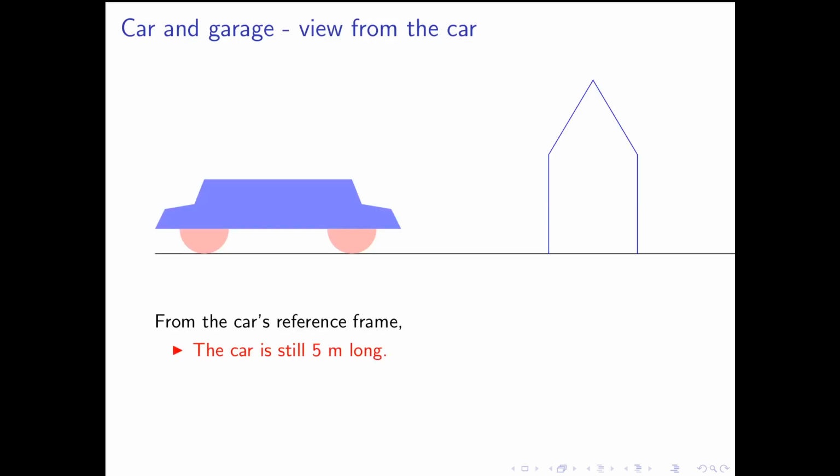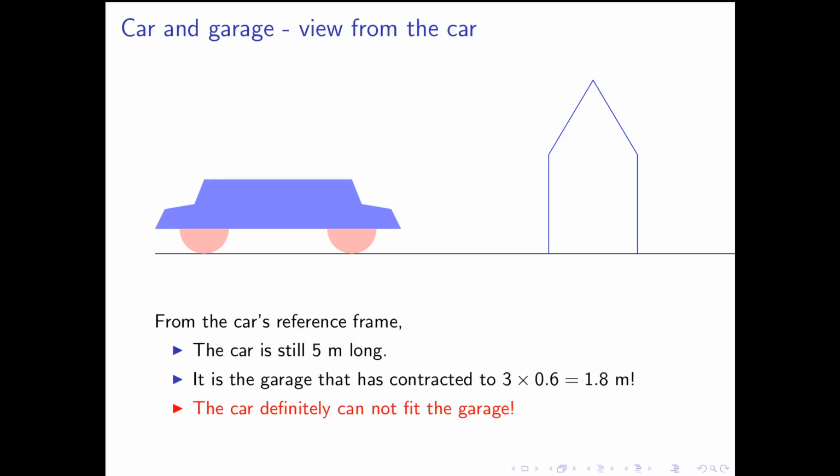I'm sitting on the car, driving it towards the garage. But of course the car is not moving with respect to me. So my 5 meter long car is actually still 5 meter long. It's actually the garage which is traveling towards me which has become smaller. In fact, it has contracted by the same factor. It used to be 3 meters long when it was at rest with respect to me. But now that it is approaching me at a speed of 0.8 c, it contracts to a length of only 1.8 meters. So, from my point of view, the car fitting into the garage is simply impossible,